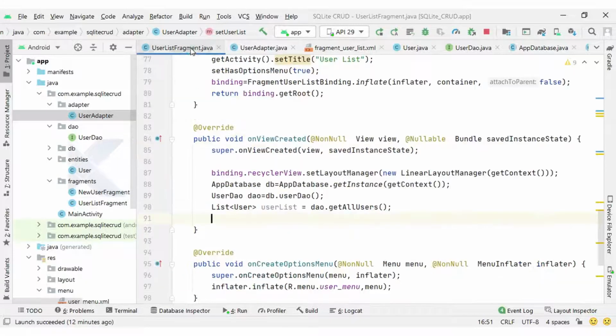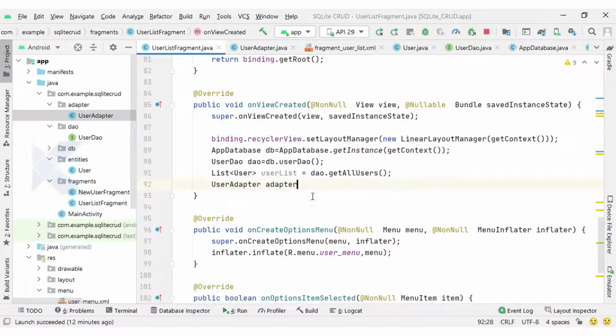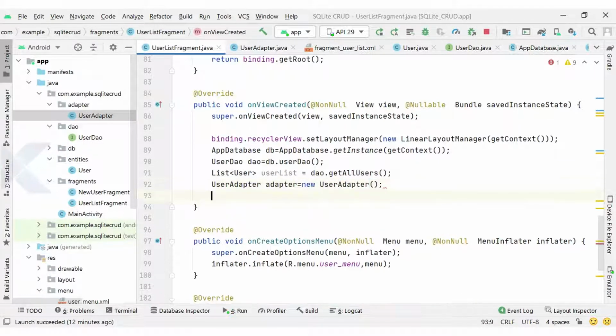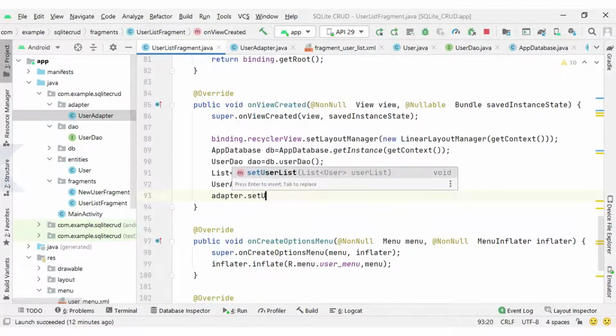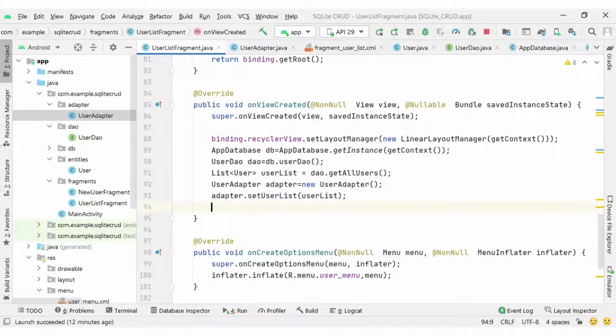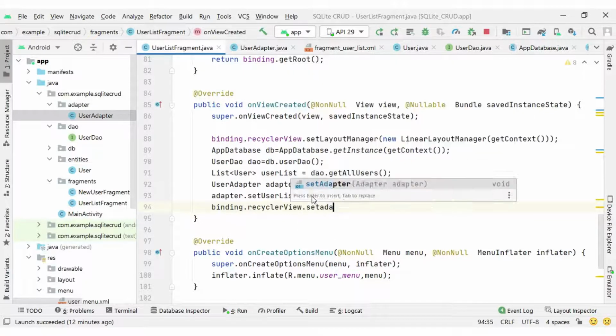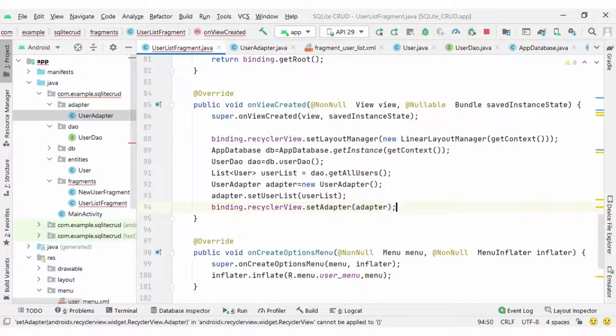Okay, so from our user list fragment let's create user adapter instance, and we will pass the user list to our adapter. So set user list method we have, and here I pass the user list to our adapter class, and finally we will set the adapter with our recycler view. So that is ready. Inside our fragment code is ready.